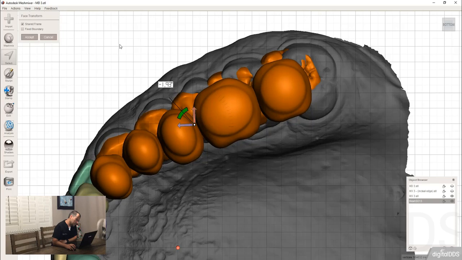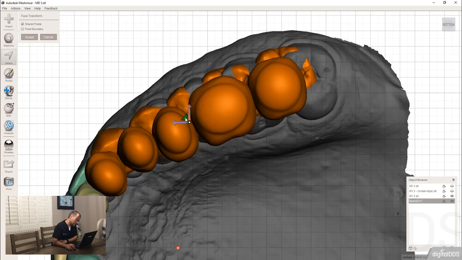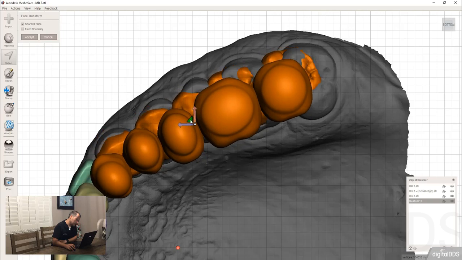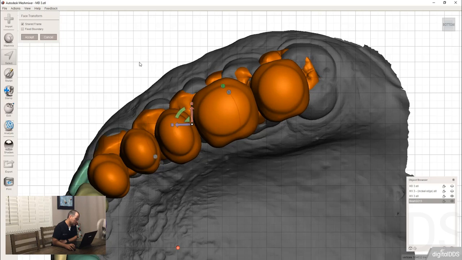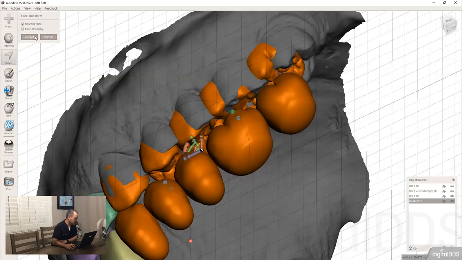I'm looking for a point where if I were to drag that canine out to the facial, that it gives me something better. I'm going to do something here with you that will really help,